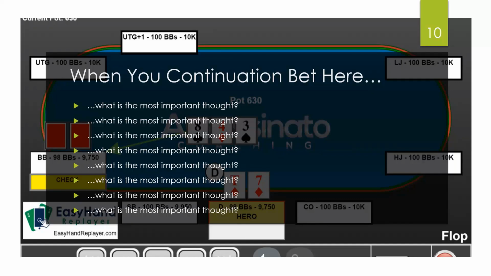What is the most important thought? Anyone want to guess in the chat what the most important thing is to think of here? All right, I see a few people got it. Now, the reason, guys, I hammered on this so much, so long story short, I put together a playbook for